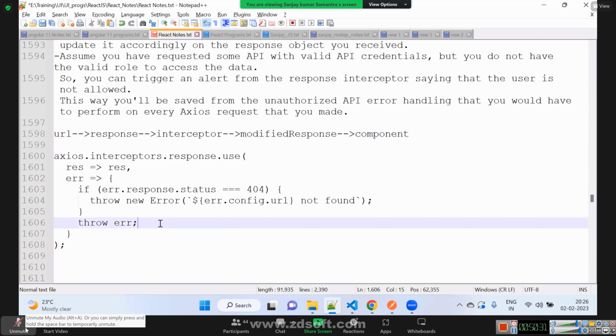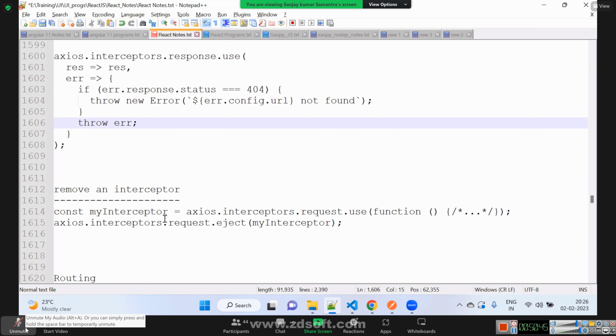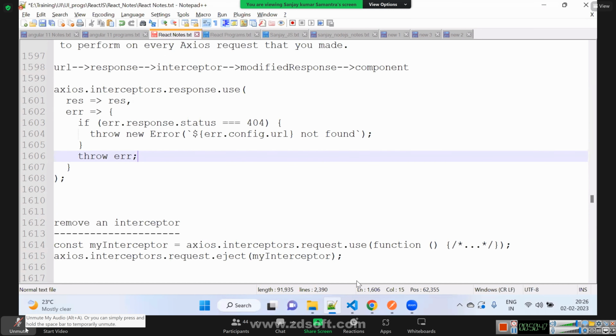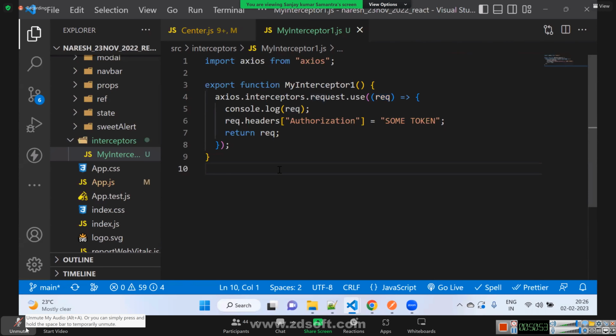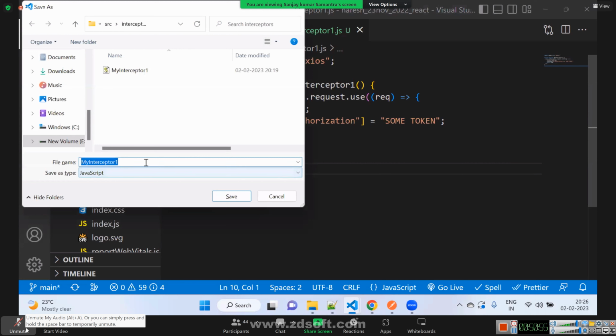What is a response interceptor and what is the use of it? Suppose we are trying to hit one URL and that URL fails. When that URL fails, I want to have a global error catch. Let me show you my interceptor 2.